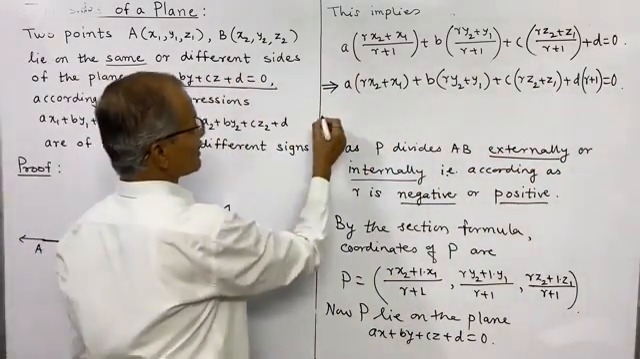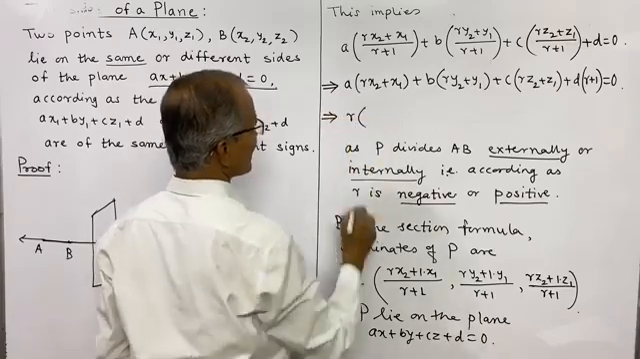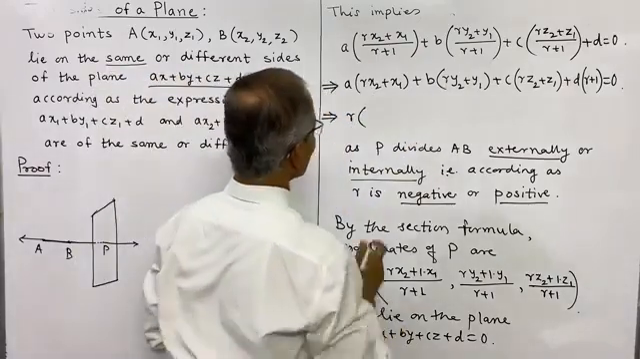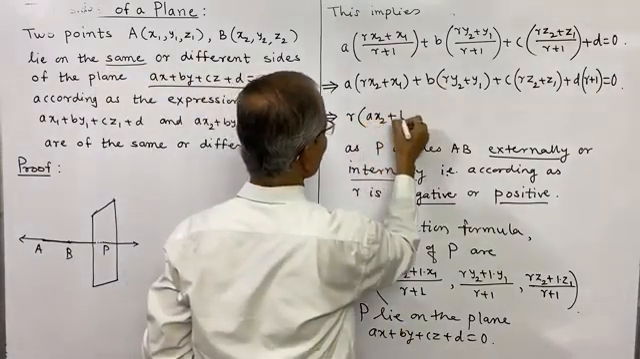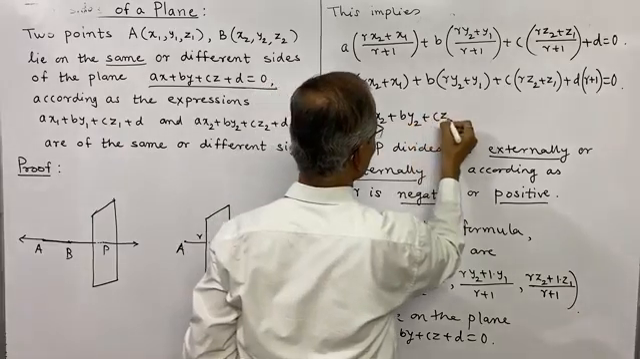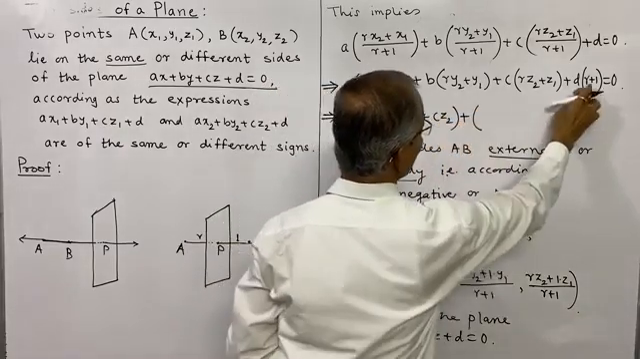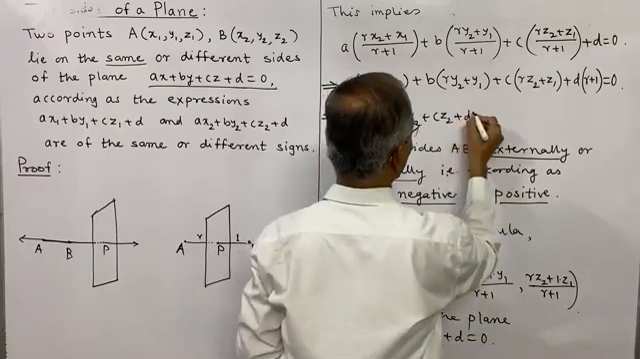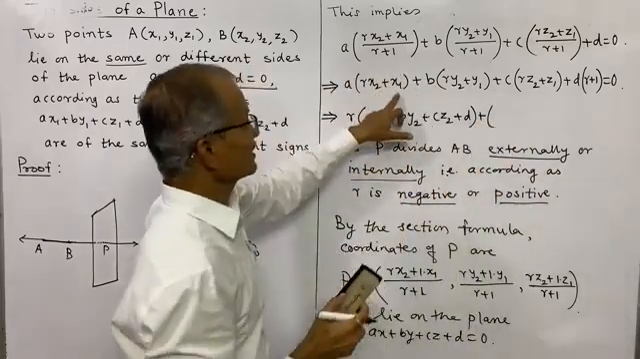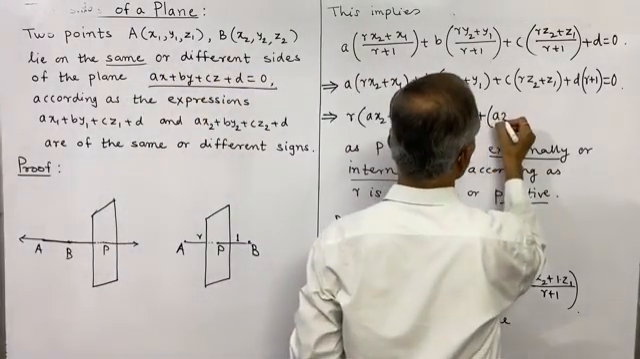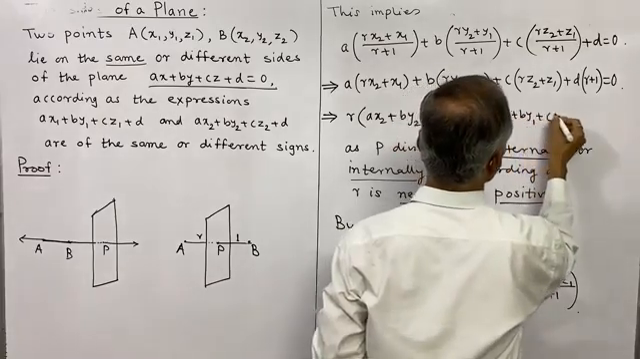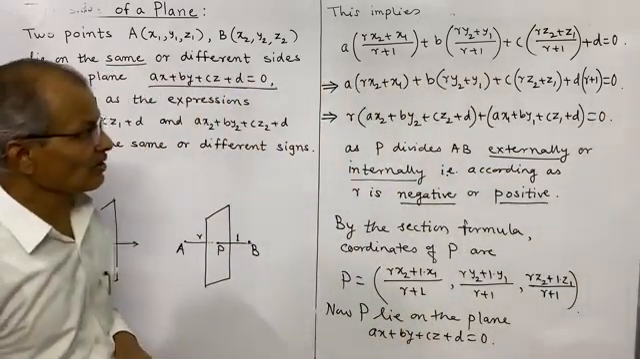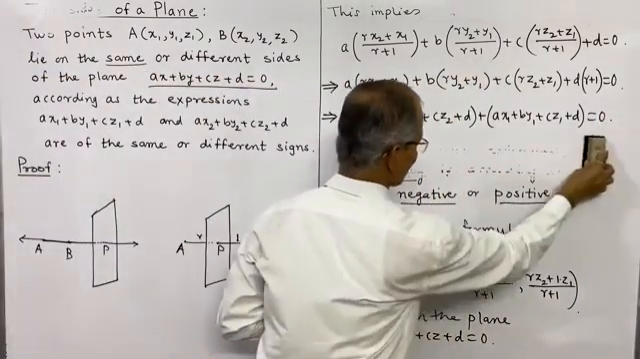Thus this further implies we take R common and collect the terms. If we take R common, that will be R times (a x2 plus b y2 plus c z2 plus d), and the remaining terms in the second bracket, plus a x1 plus b y1 plus c z1 plus d, is equal to 0. From this we shall get the value of R, and this implies R is equal to